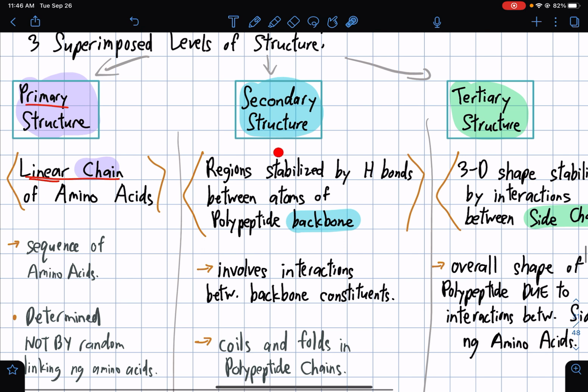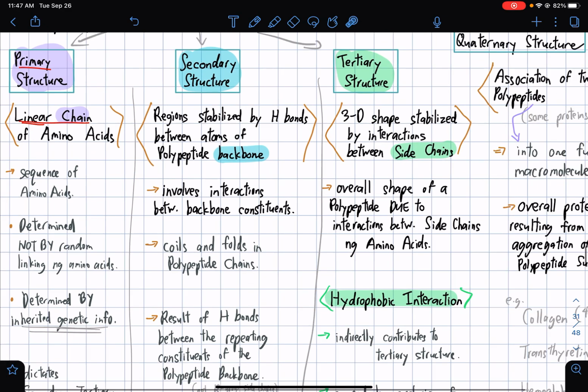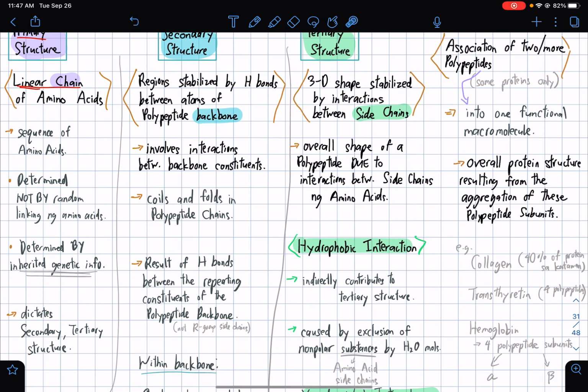So for secondary structure, these are regions stabilized by the hydrogen bonds between atoms of the polypeptide backbone. And this involves interactions between backbone constituents. It coils and folds polypeptide chains. And it is the result of H bonds between the repeating constituents of the polypeptide backbone, not the R group side chains. R group is basically whatever is going to be,